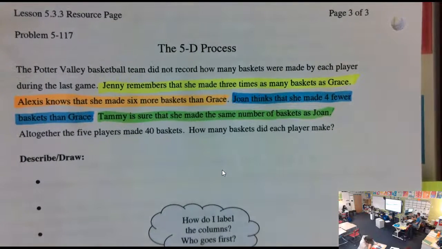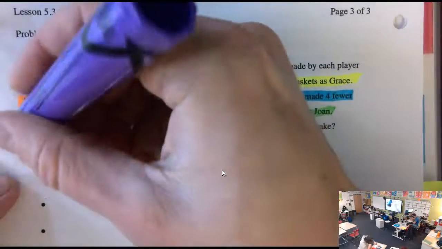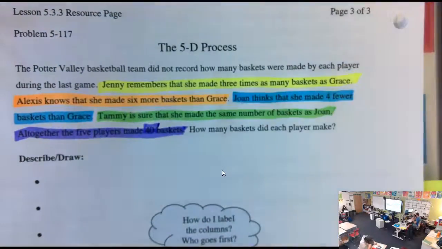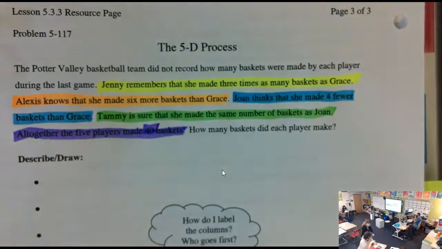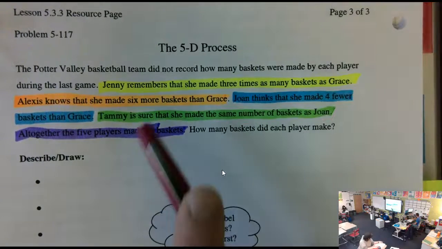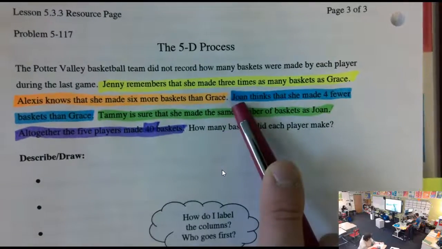Thank you. We're talking about variables first. Right? And actually, if you're highlighting with different colors, I have run out of colors at this point. Because then they tell us all together the 5 players made... But what? Can anyone tell me the issue that I've come across when thinking about variables? We have to use different variables for Jenny and Joan.